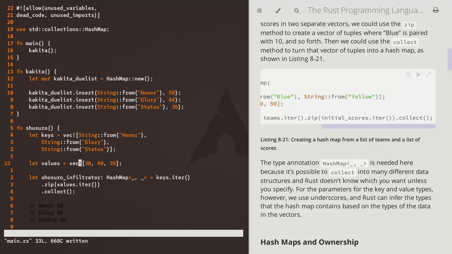Now we say let values equal 30, 40, 35, and they need to line up with those keys, so I suppose they will. So let Shosra infiltrator, which is a hash map, be